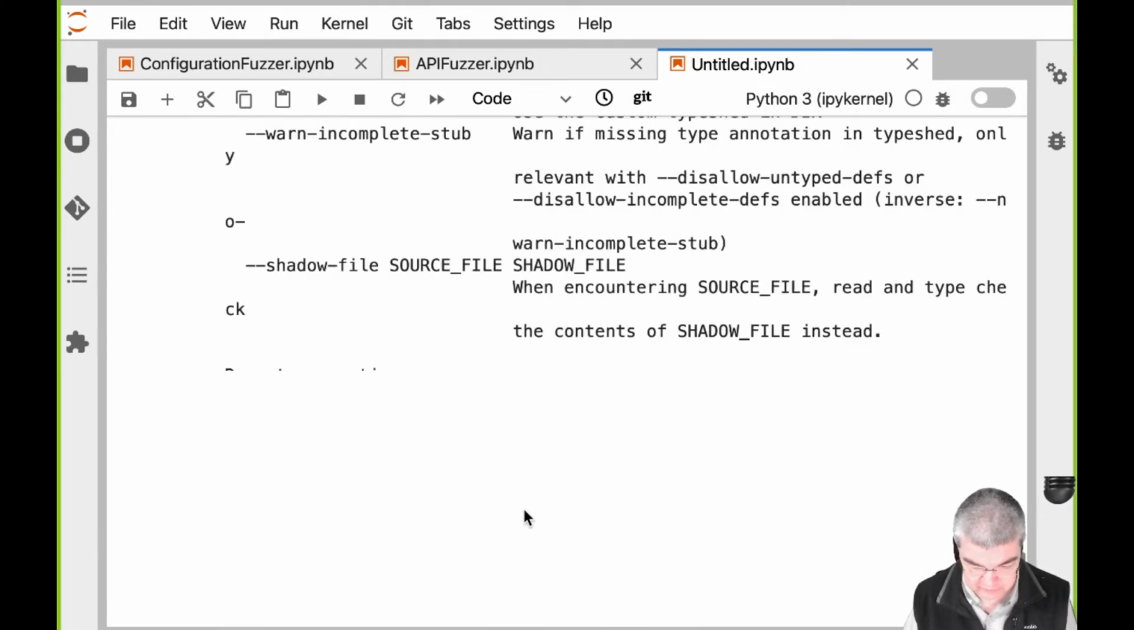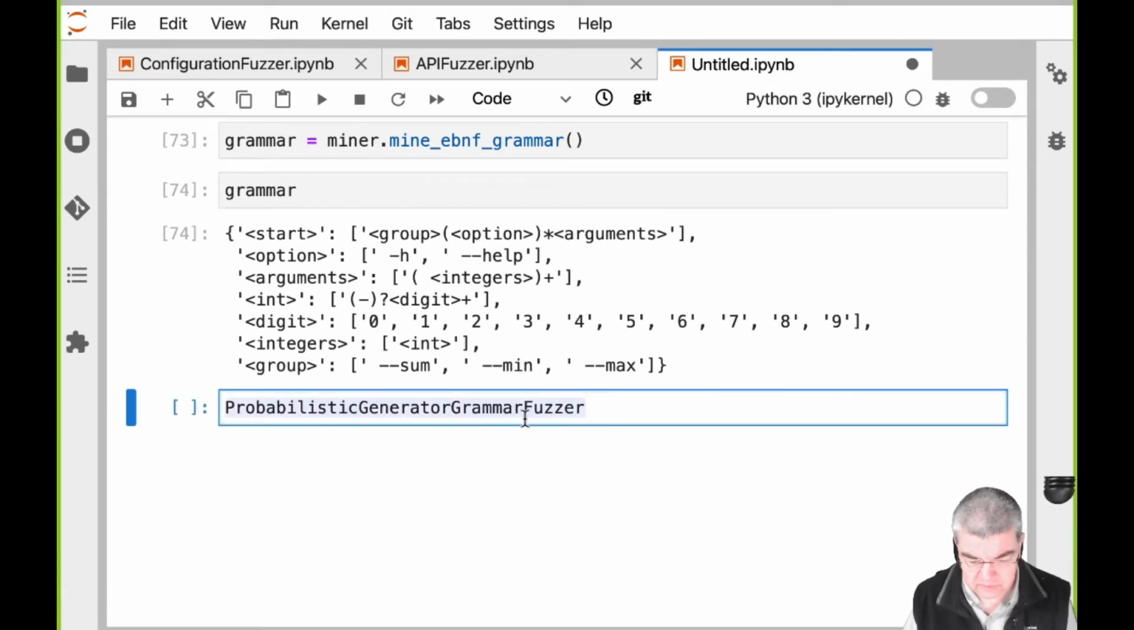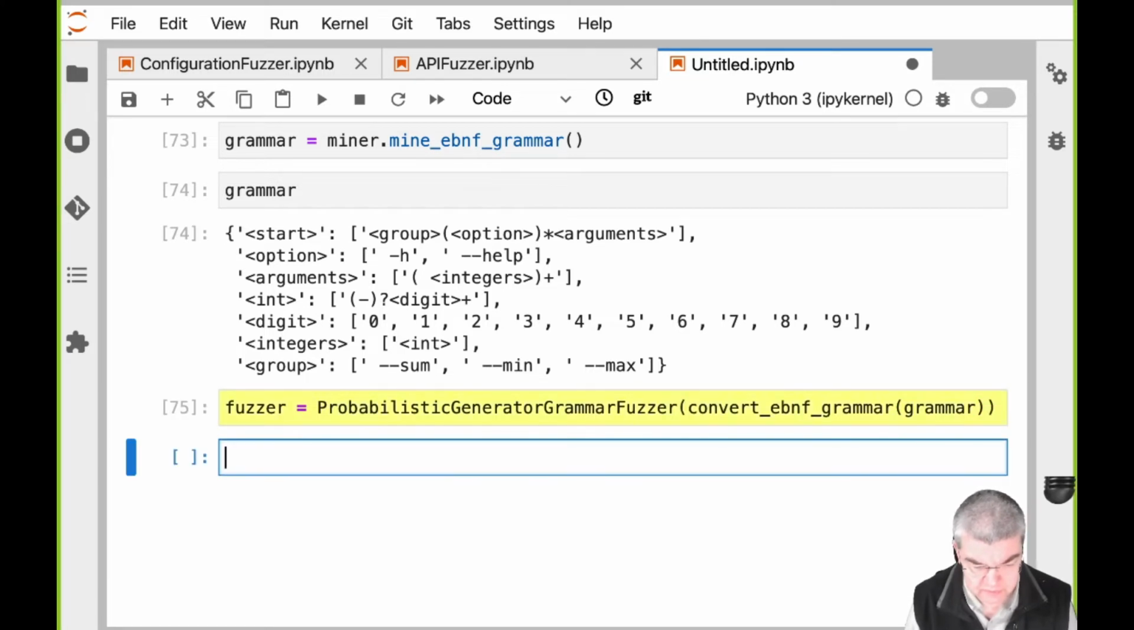So let me see whether I can find this again. Where are we? Here we are. Wonderful grammar. So I have a probabilistic grammar fuzzer. I think I have to convert this first. Convert EBNF grammar? I'm not sure. Well, we'll find out in a second. So here we go. We have a fuzzer, and if we now say fuzzer.fuzz,